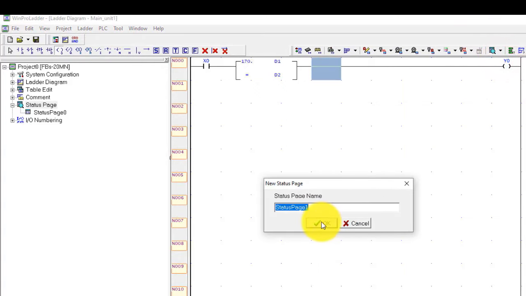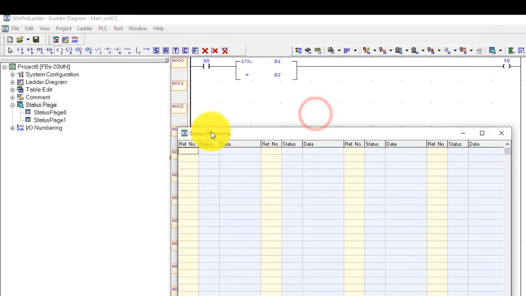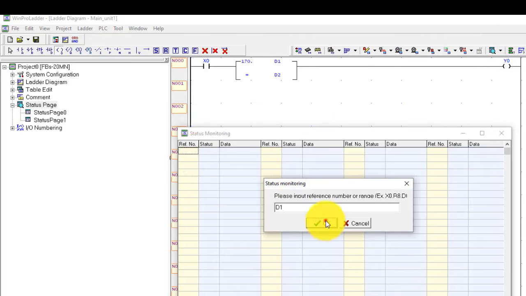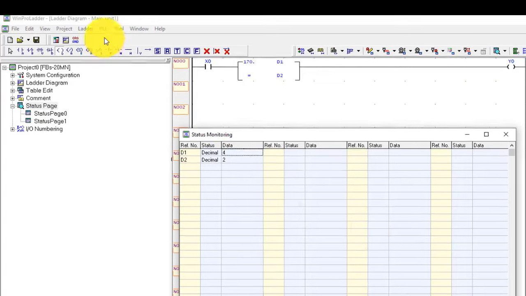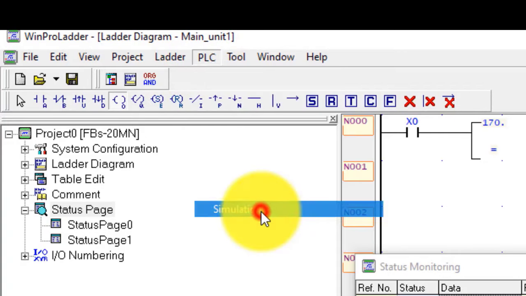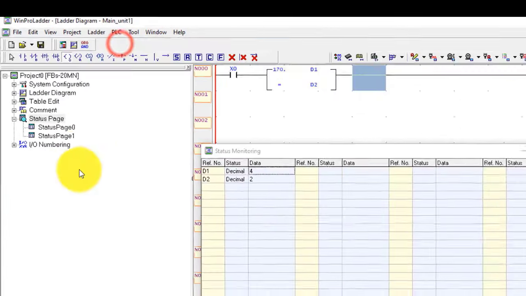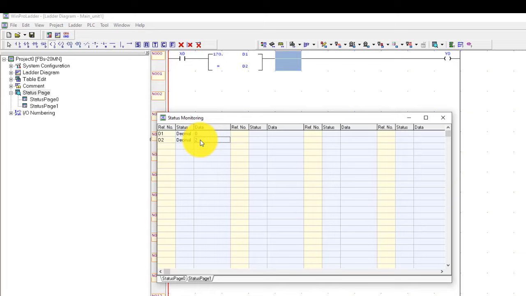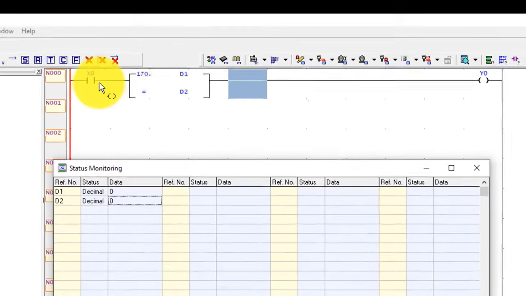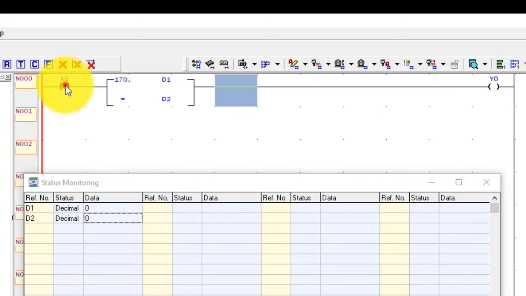I will go to a new page, the status page. I will write here D1 and D2. I will put the value 0. First you have to go to the PLC, simulation, and run the PLC. Now you have to put a 0 value here, D1 and D2. Okay, now when I turn on the input, our Y0 is on because D1 and D2 both have the equal value 0, 0,